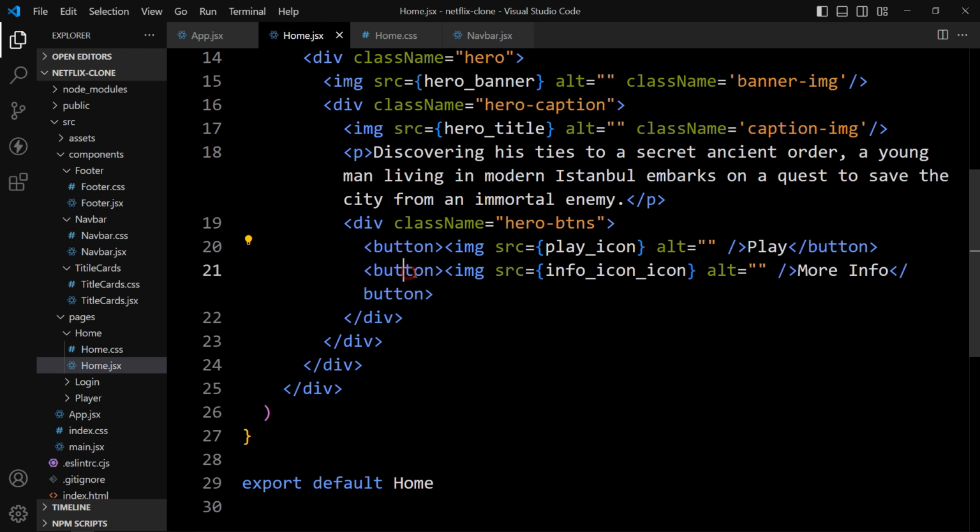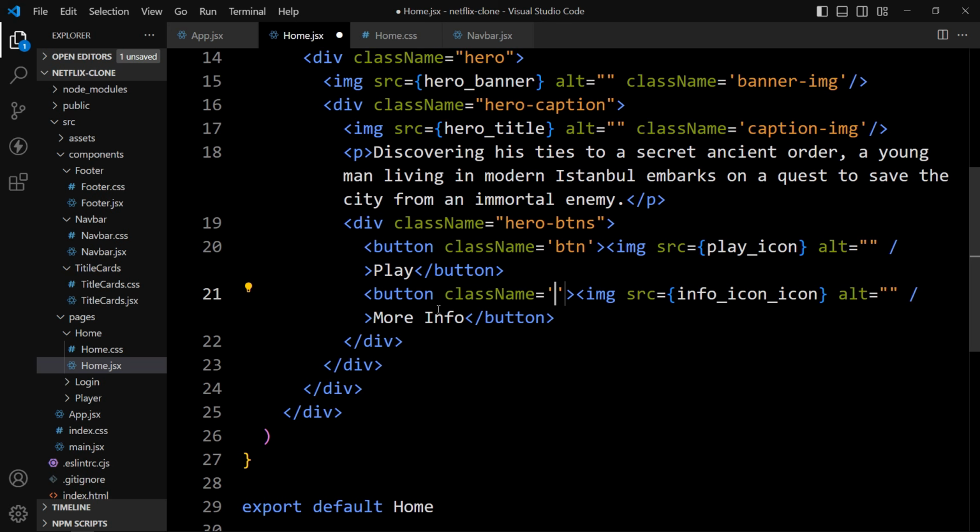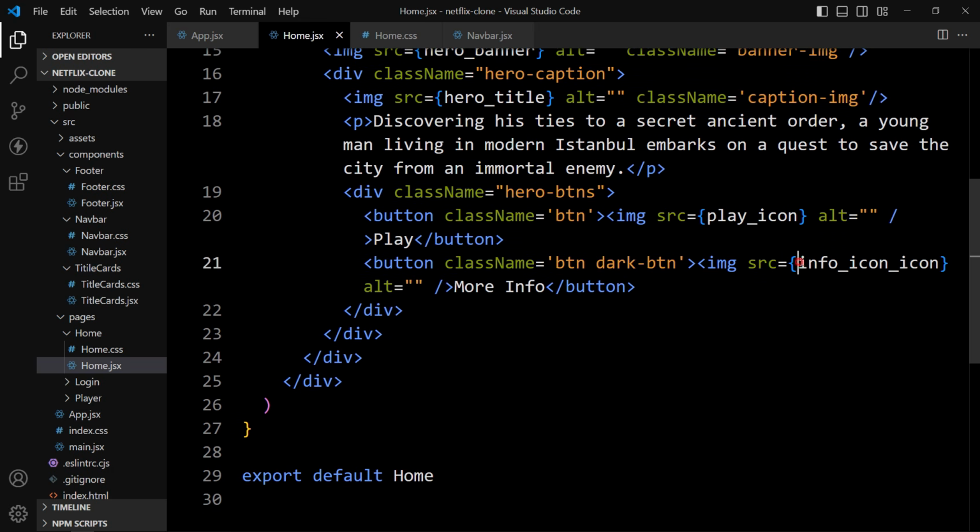And with this button we will add the class name. So let's add the className property, and here we will add className btn, and in the second one also we will add the className btn, and with this btn we will add one more class name, that is dark btn in the second one. That's it. Here we will update this info icon.